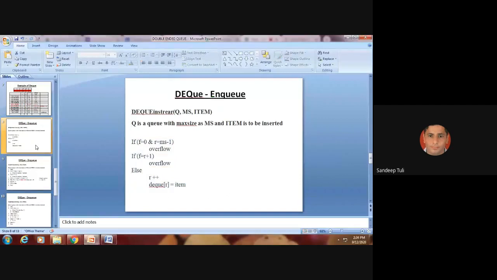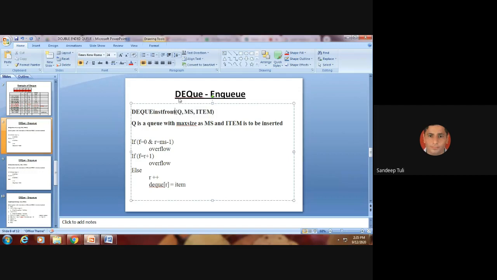Done है ना? So again now, this is very simple. We insert the element normally at the rear end, but now suppose the insertion at front. This is something different now. So what should the overflow condition be? It will be same, sir. It will remain same. Only F minus minus. Very good. F minus minus, and item will be F equals to DQ of F. Yes, sir. Done, okay.